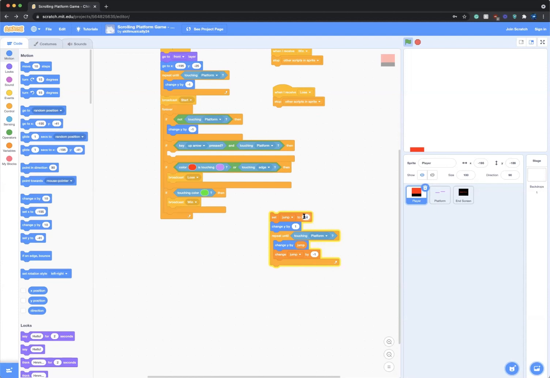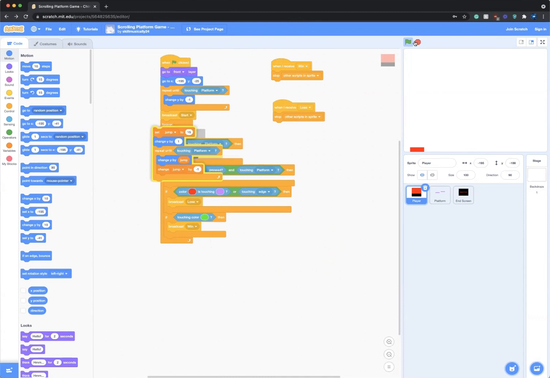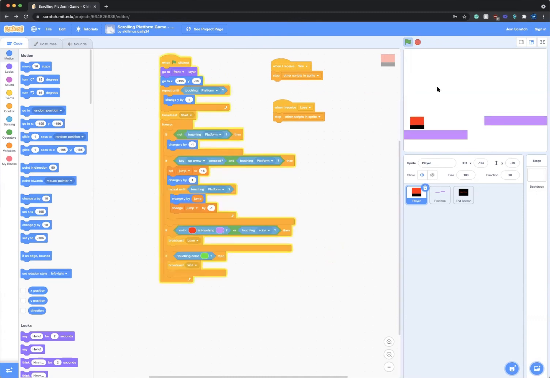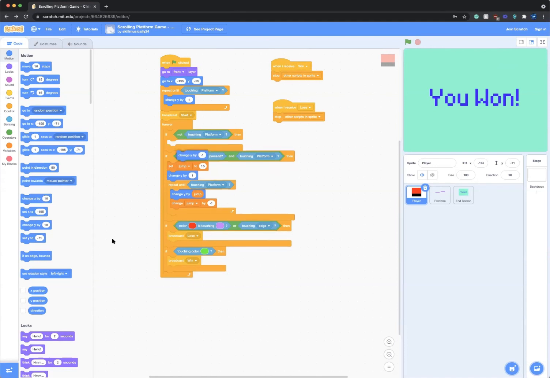The computer does all this really quickly. And because it does it really quickly, it makes it look like this thing is jumping. It looks like it's jumping, which makes sense. It kind of is jump. That's what we want it to do. But now that it's jumping, rather than just going up by 100, which isn't realistic and isn't what makes a good game in Scratch. You could do a lot with Scratch, surprisingly. Now, for this one,